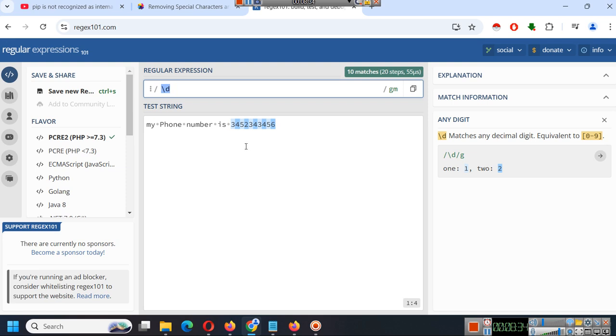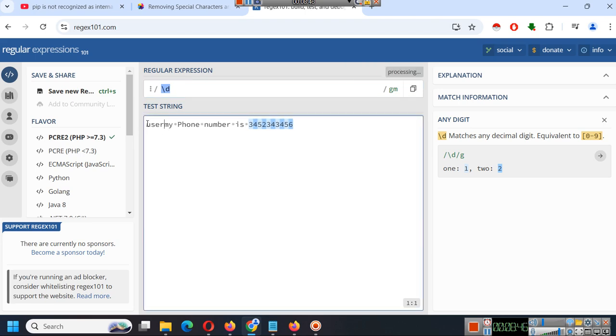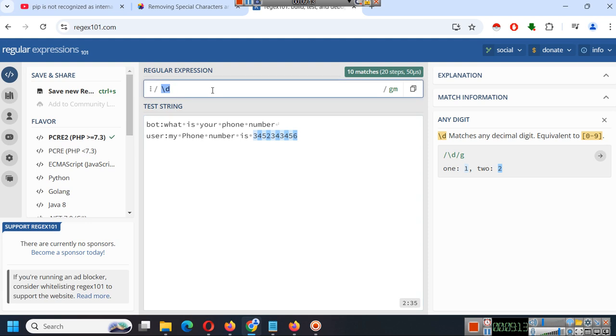Now suppose you have to select a phone number from a string. Suppose you are creating a chatbot, and the chatbot has asked what is your phone number, and the user has said my phone number is this. Now how will the chatbot or our program select something like this? Because the phone number in this case contains 10 digits,